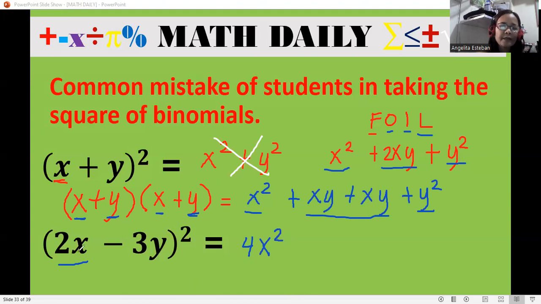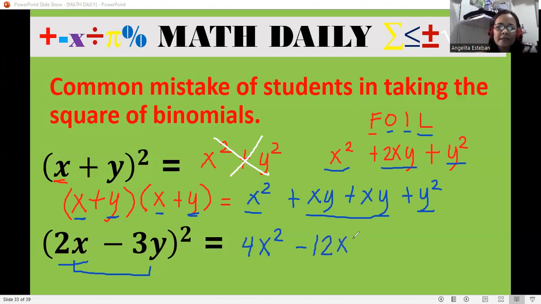And then twice the product of the first and the second term. So we have to multiply 2x with a negative 3y. That results in negative 6xy. Multiply that by 2, so negative 12. The answer that we will be getting there is negative